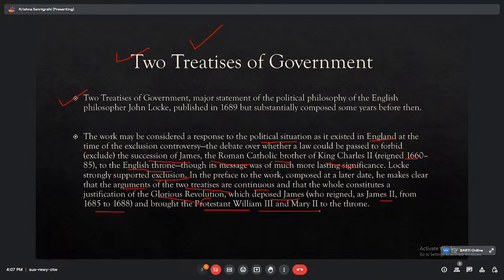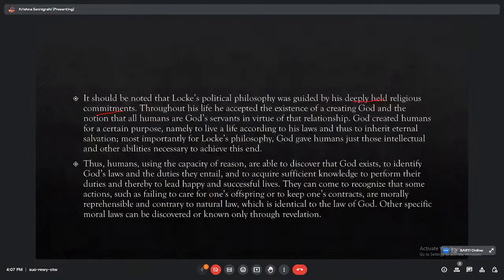So it should be noted that Locke's political philosophy was guided by his deeply held religious commitments. So his philosophy was guided by what? By his deeply held religious commitments. Throughout his life, he accepted the existence of a creating God and the notion that all humans are God's servants in virtue of that relationship. So, the existence of a creating God and the notion that all humans are God's servants in virtue of that relationship was